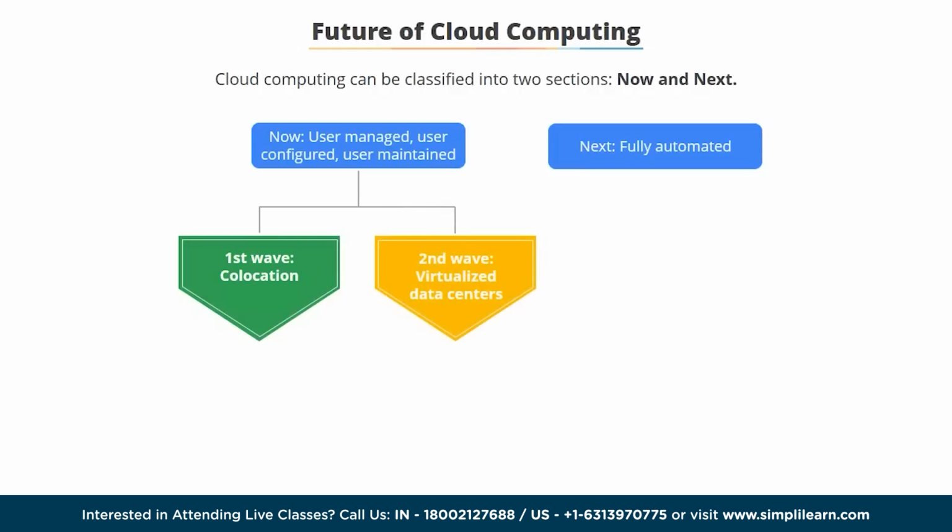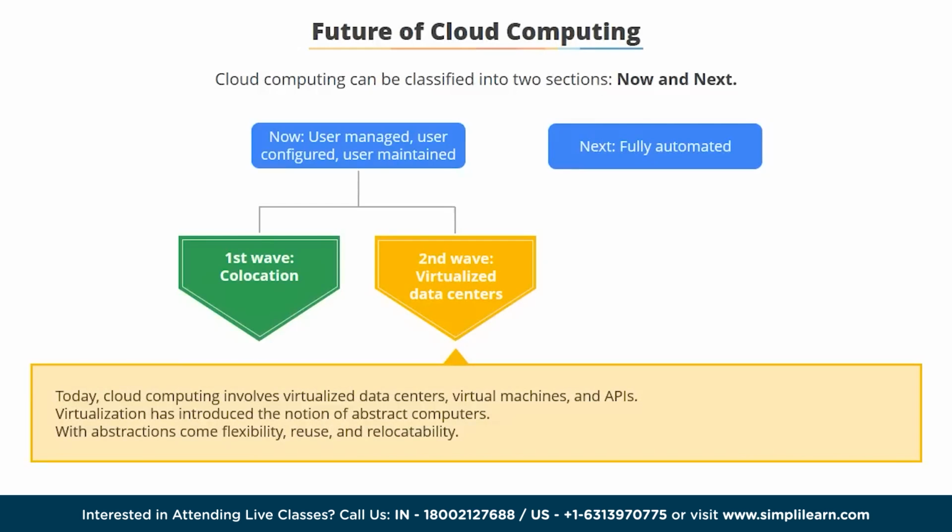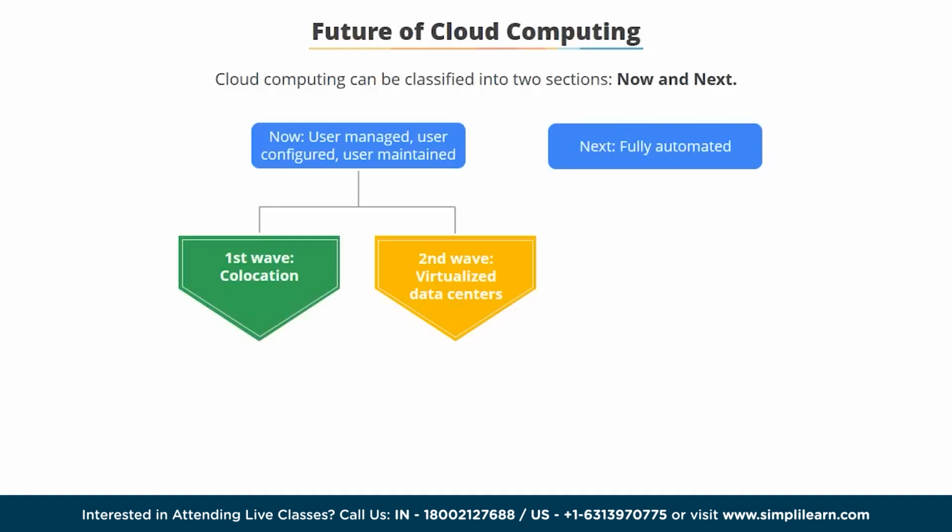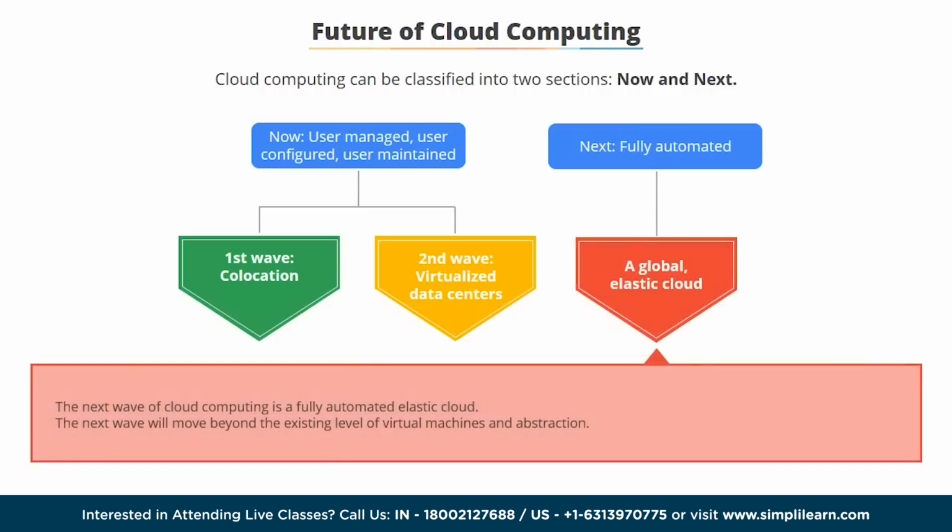The next wave that happened is virtualization. So here we're getting into virtual machines and we're starting to get the virtualization of various parts. And this is essentially where we are right now. We're right at the end of the second wave and we're moving into the third. And the third is a completely global elastic cloud. And once we move here, we'll not worry about virtual machines. We'll just ask for a bit of compute power and we'll get it, and we'll probably get it very, very quickly. So we'll be able to scale up, we'll be able to scale down, and we'll be able to match the compute resources that we consume to the needs of our software